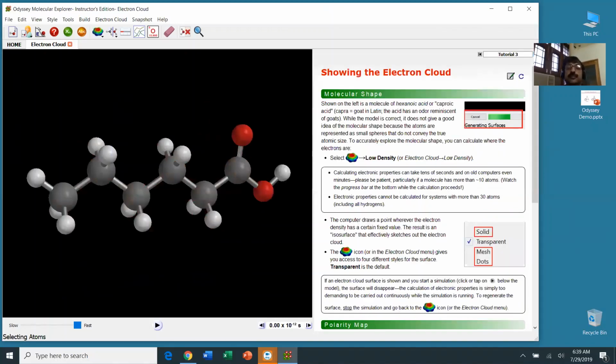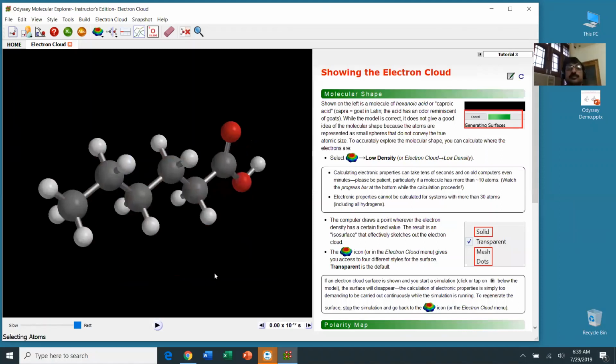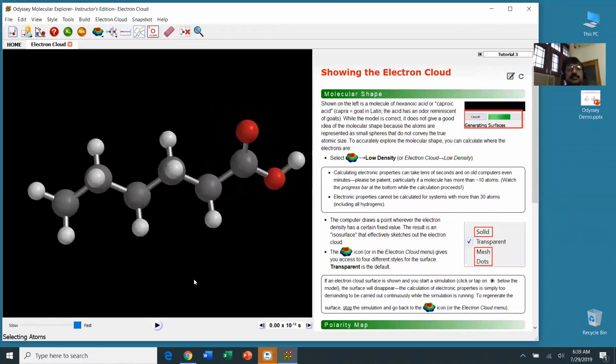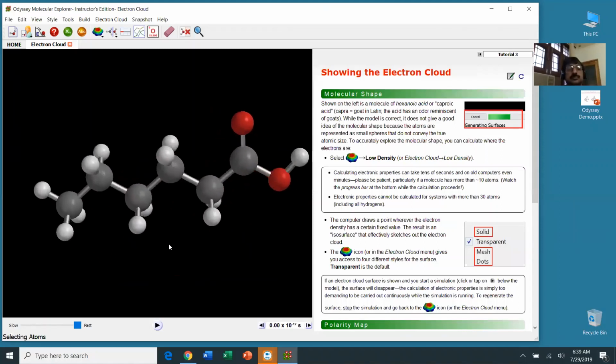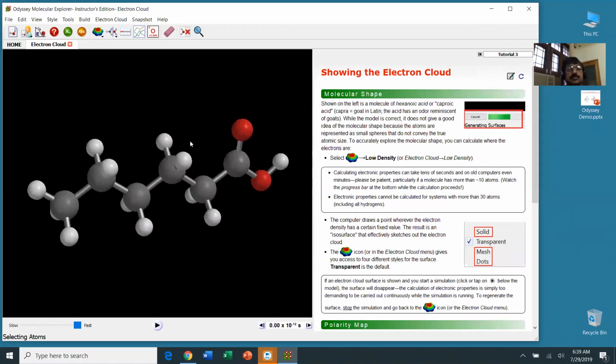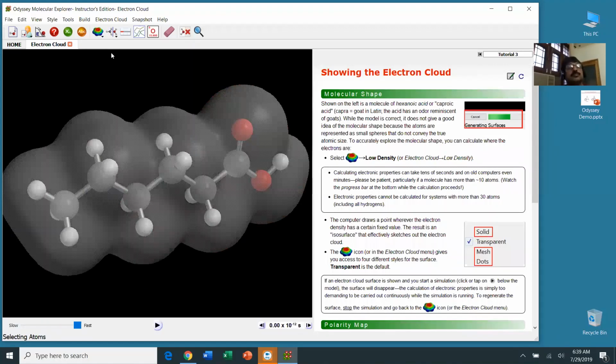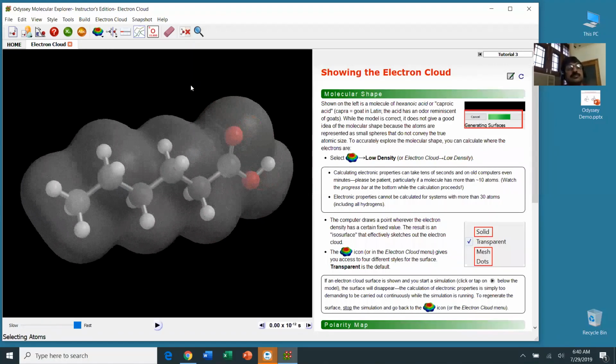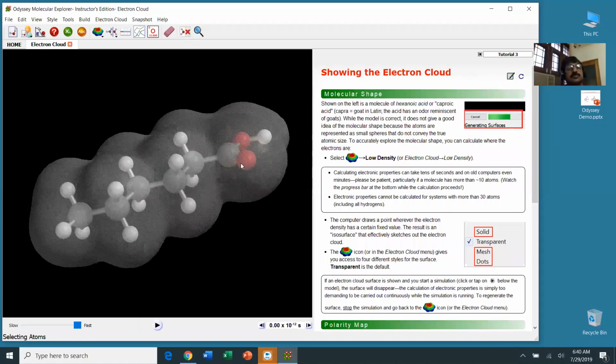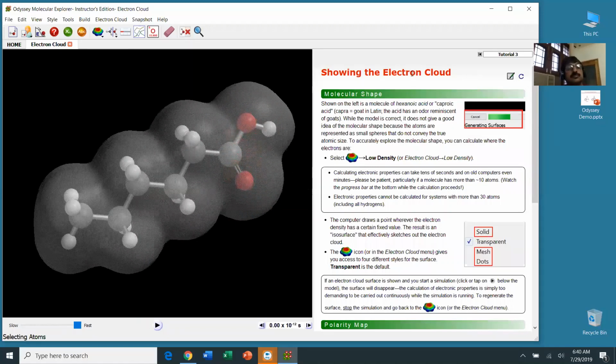And the next one is showing the electron cloud. The last topic was running classical simulations. This here is carboxylic acid, and here are instructions. I go to an icon in the icon bar. I select first low density. What's running there is calculating the wave function, the square of the wave function. Here's the electron distribution. We use the word electron cloud in order to avoid all the terminology of quantum chemistry,